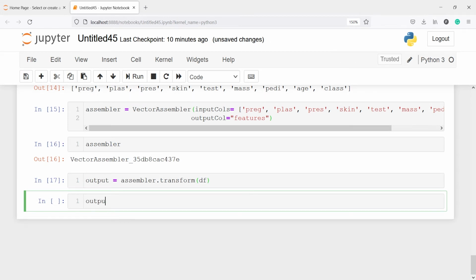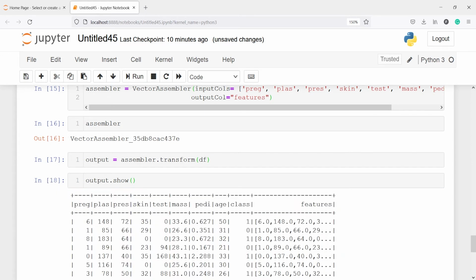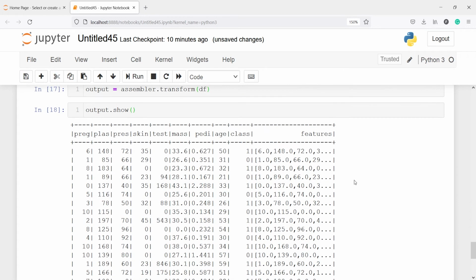Now if I do output.show, you will see I'll get a new column, features, and here in the data frame you see we got a new column, features, and this column has all the independent variables right from the beginning, preg, up to this age. And let me show you.